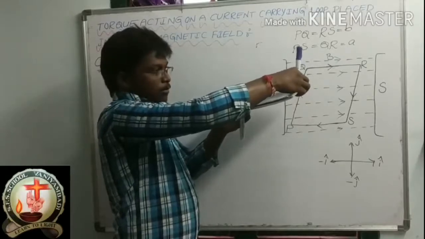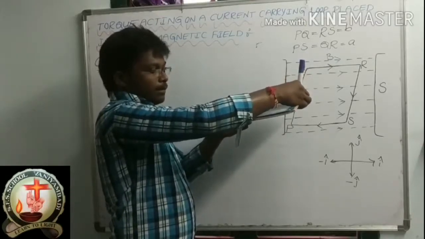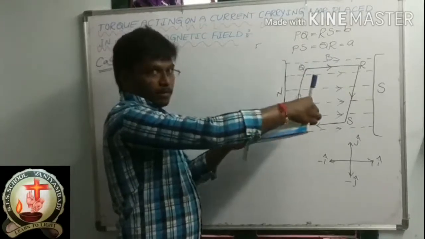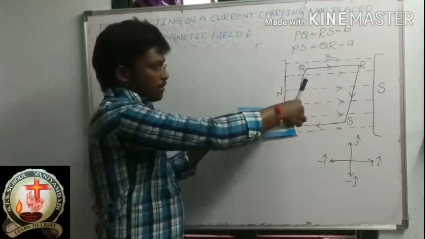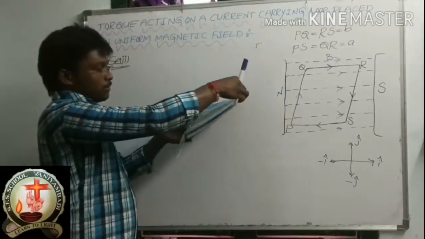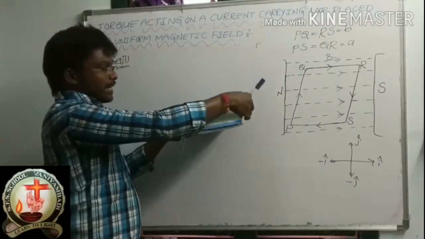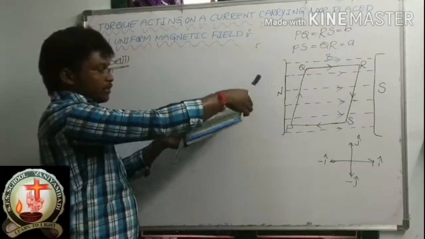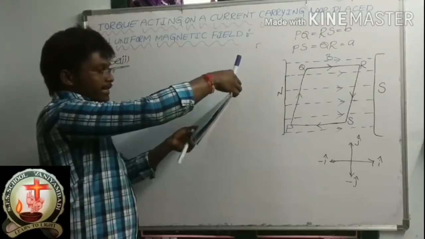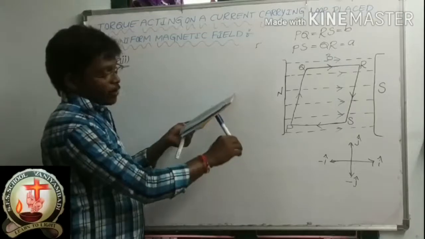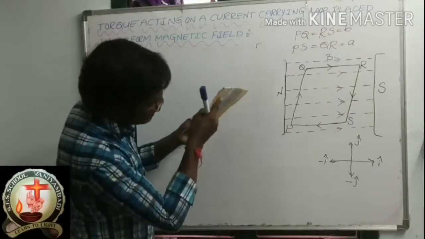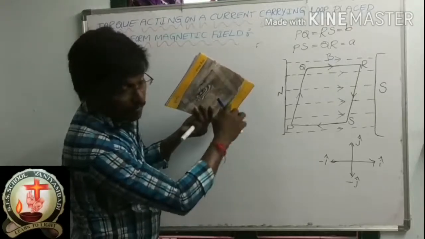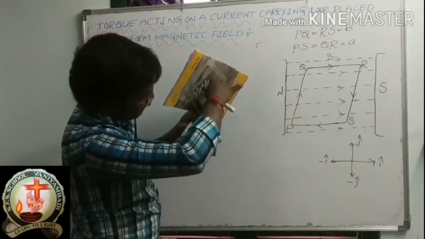Correct. So whenever these two forces are acting, it will start rotating. This loop has started rotating. In this condition, it is rotated like this. It is rotating like this. So in this condition, it is rotated this much. What is the torque we have to find? Then in this condition, what is the direction of area? In this direction. This is the surface area. What is the direction? Perpendicular. This one.